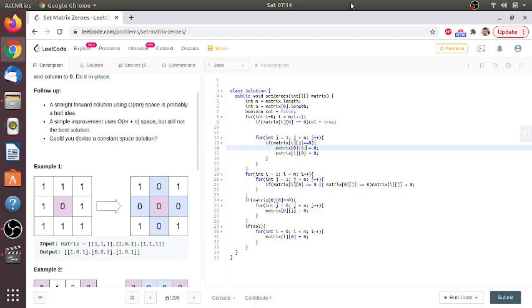But if you closely observe, we are using this just for rows. The first column we are using like this: this is 0, it means the first row will be 0. For columns we are already taking a column variable, so we are duplicating our efforts.